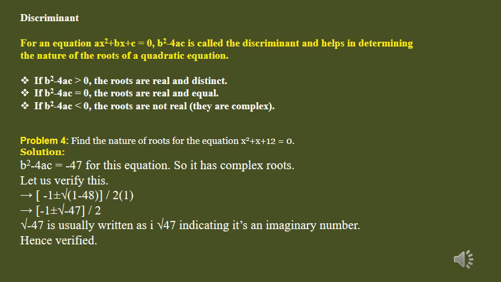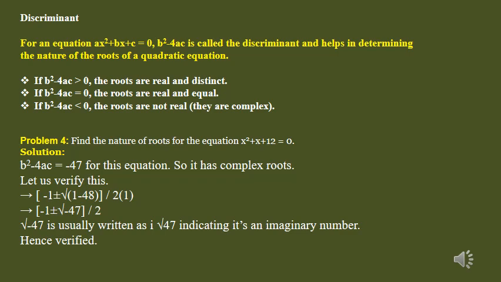Students, you have seen one term, b square minus 4ac, in the quadratic formula. That b square minus 4ac is nothing but the value of the discriminant. When the value of the discriminant is greater than 0, the given equation has two real and distinct roots. Distinct means different roots. If the value of the discriminant is equal to 0, then it has two equal roots. And the last condition is, if the value of the discriminant is less than 0, then it has no real roots. The given question is based on that discriminant.